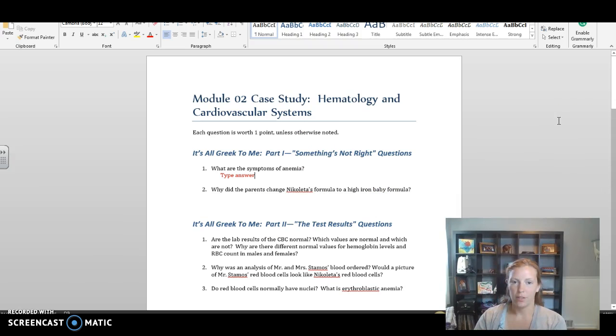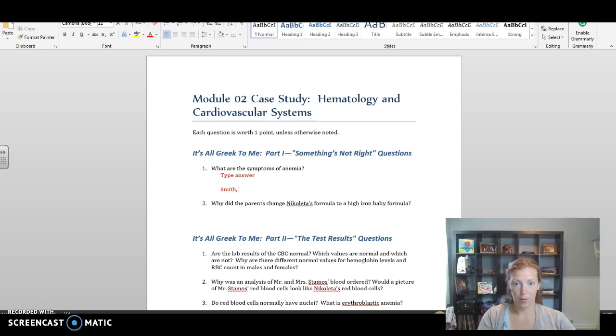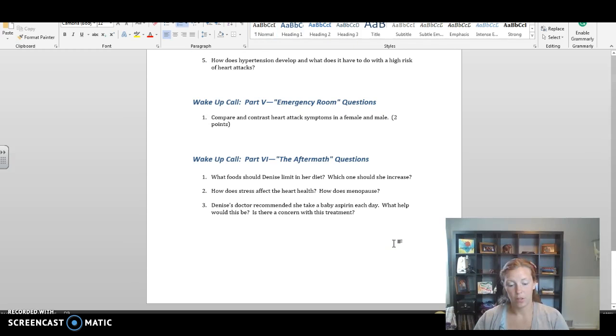Two ways you can list your references here. Some students like to list the reference right underneath the answer. So you might start off, say, Smith, comma, J, and the date and so forth here. Or what you can do is use all of your sources at the very end of the document. So after you answer your last question, you could do your list, and then your Smith, comma, J, and then Nelson, comma, A. So you get the idea. You can either list them all at the bottom or individually under your answers.